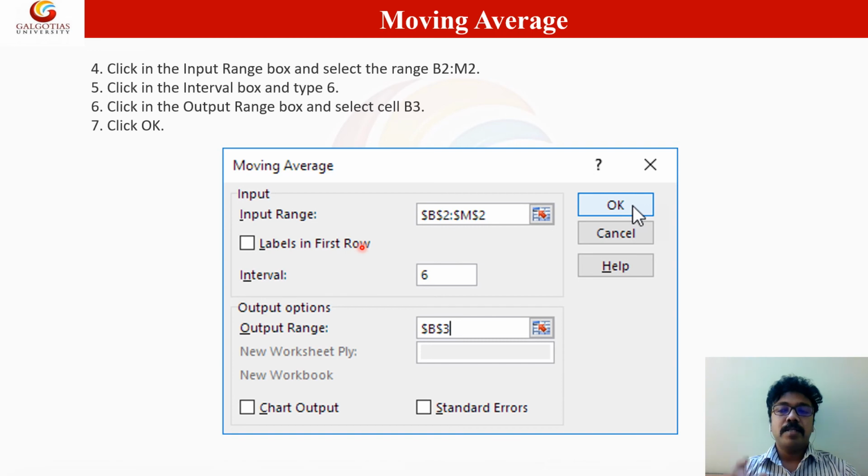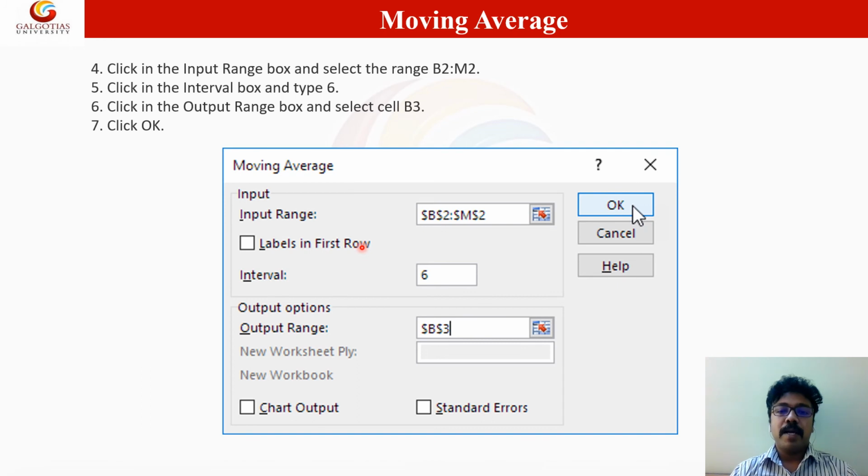When you click OK, a new window will open asking for the input range, interval, and output range. So now you have to select the input range. You can recall the first slide with that Excel sheet. In that sheet, the values start from the second column till the 11th column, and the interval and points values start from the first and second row.